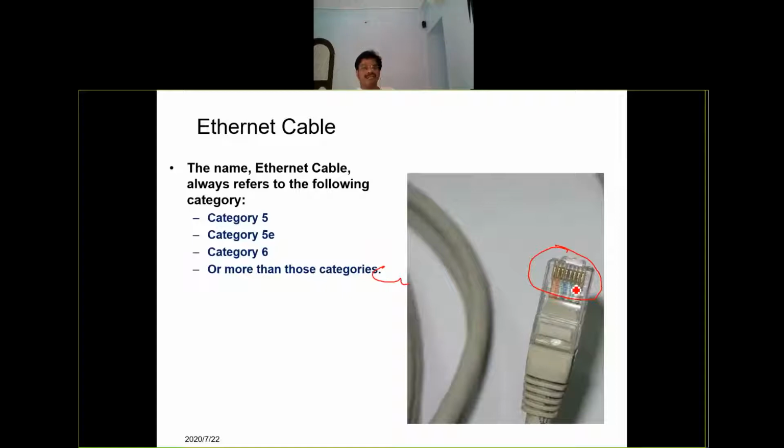Ethernet cable, what is this Ethernet? We are going to see that Ethernet is the network interfacing card, which is supported with a specified type of frame format, a digital communication frame format. But for those Ethernet cards, the communication media that is utilized is also known as the Ethernet cable. These are the Ethernet category 6 UTP cables.